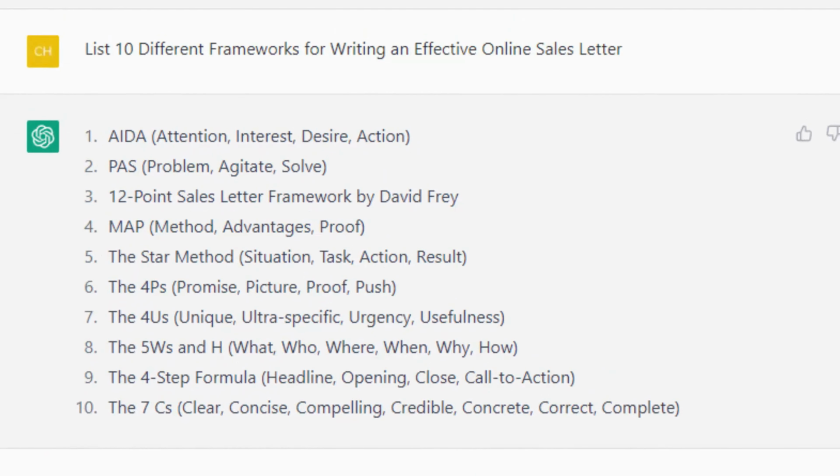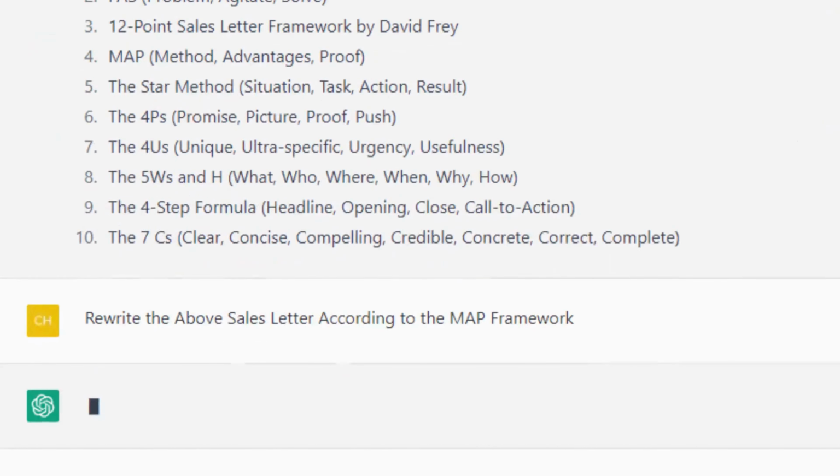Once you have your frameworks, one of the things that you can do based on the information that you already have in your conversation with ChatGPT is to ask the chatbot to use it as a context. And so that's what we're going to do right now. I'm going to ask the chatbot to use one of the frameworks to write a specific sales presentation. And we're now going to click enter. And we're going to allow ChatGPT to do its work with the framework we've asked it to use for the